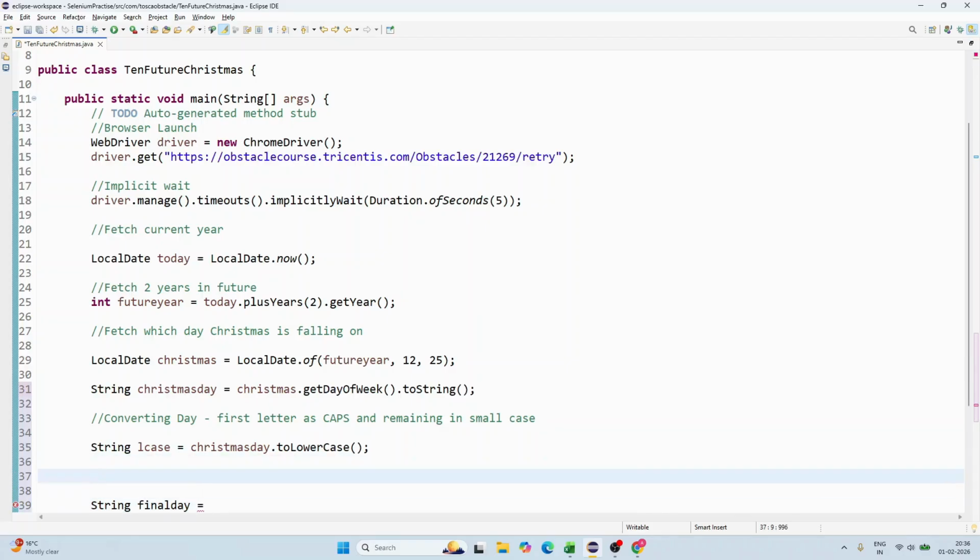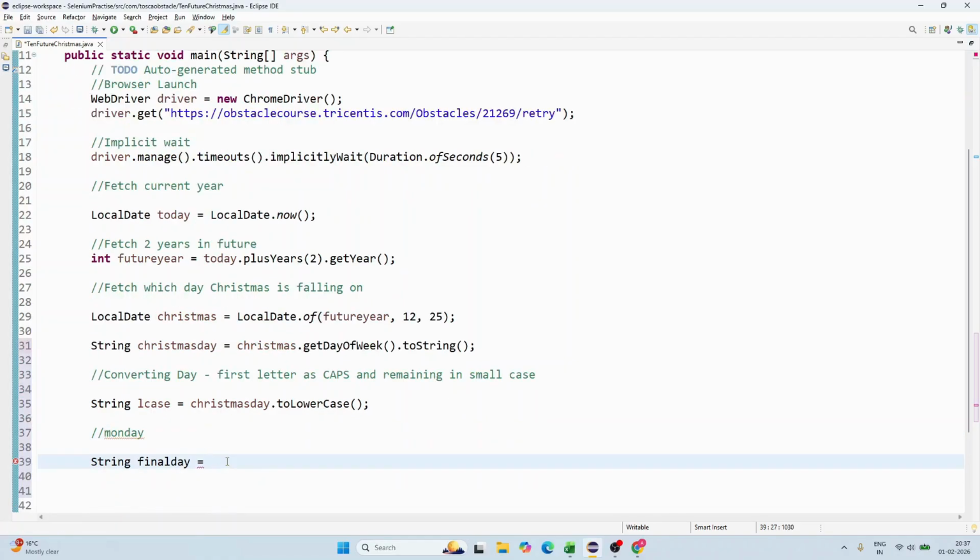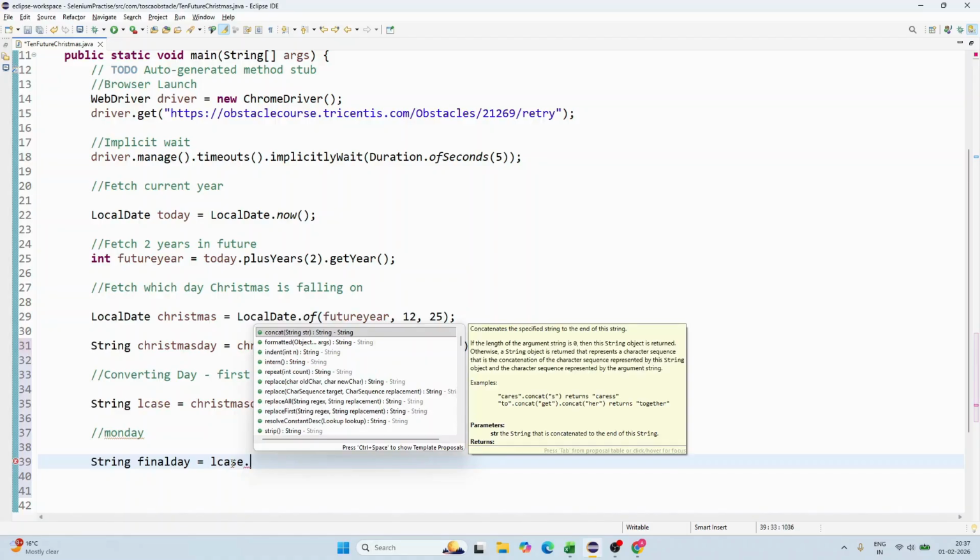So when we are writing Monday, everything is small, so let me write it in small: Monday. I want to just make changes to this, making the first letter capital, and then use this as it is. So how do we do that? We have an option called substring. This basically contains everything, Monday. So what I'll do is I'll write lCase dot, and if you write sub,